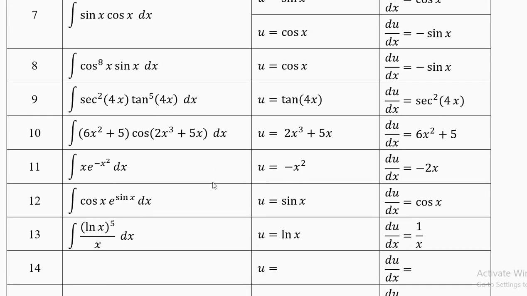be adjusted. Here you have secant square x and tan power 5, and both the arguments are 4x in example 9. Derivative of tangent is secant square, so u equal to tan 4x, so you will get u power 5 and the derivative is sitting outside. You will have u power 5 and the derivative of u is secant square 4x into 4. There is a into 4 here which I forgot to write.